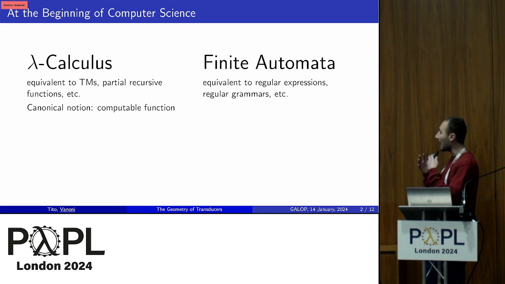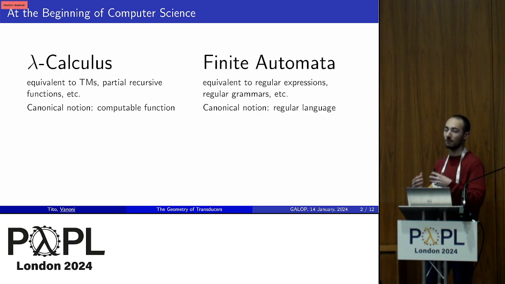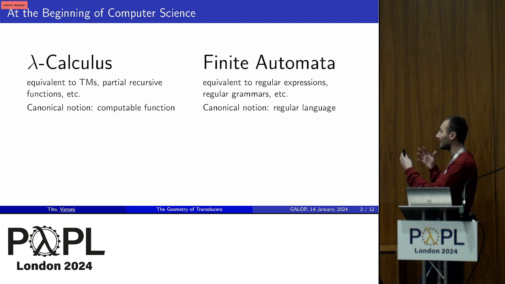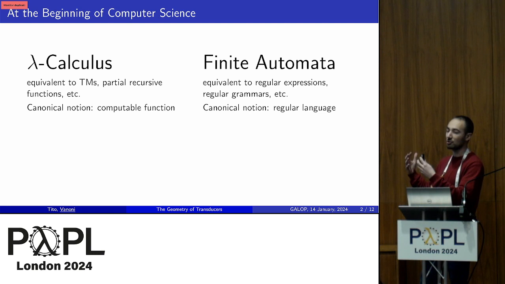And as well as the lambda calculus, also finite automata have different equivalent formalisms. For example, regular expressions, regular grammars, monadic second-order logic. I mean, somehow there is some canonicity in finite automata, and the canonical notion is the one of a regular language. So, of course, the notion of computable function is much more general than the one of regular language or regular acceptor. So there is not a clear possibility of expressing, for example, lambda calculus computations through finite automata, of